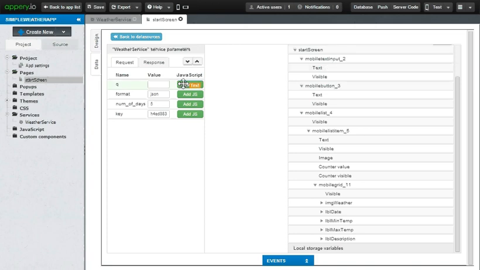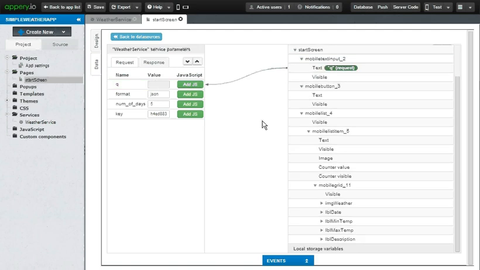I'll just drag it on into the q, and using that arrow notation, this mapping is established. That's all that you need to do. This is enough to tell the software that whatever we type in the text box is automatically bound to the query parameter q. The other parameters like the number of days, the format, and the key can be hard coded. That's not a problem. We just want to be able to parameterize the name of the city that goes into the REST query. Okay.